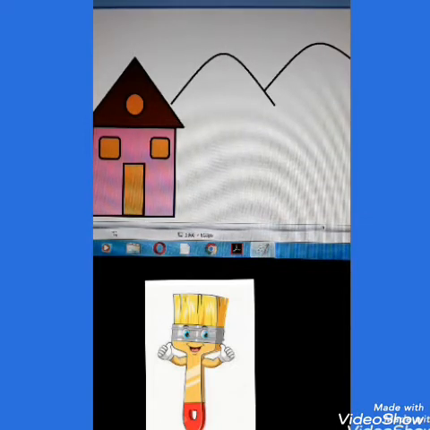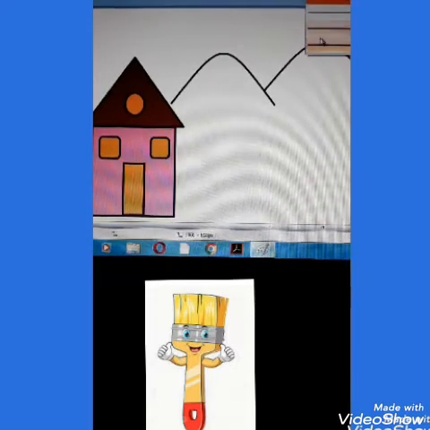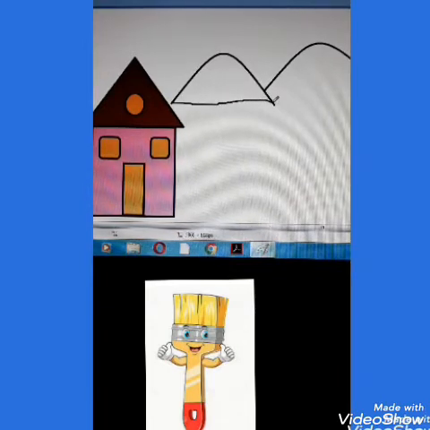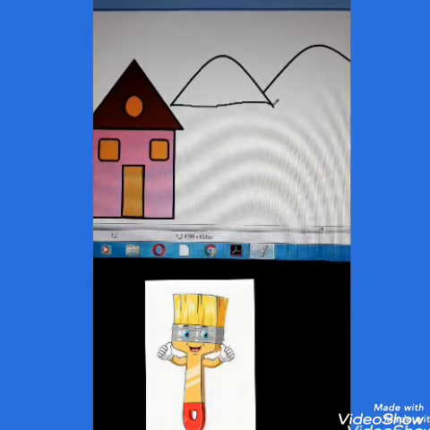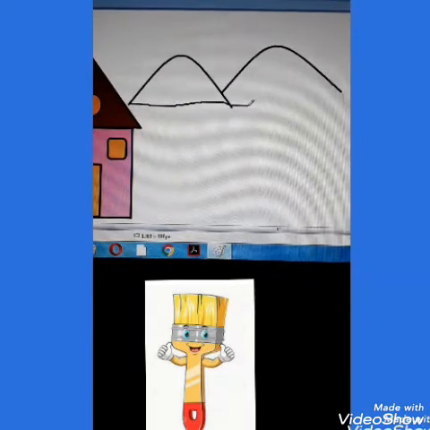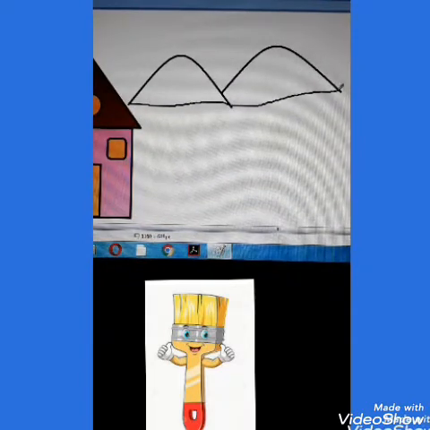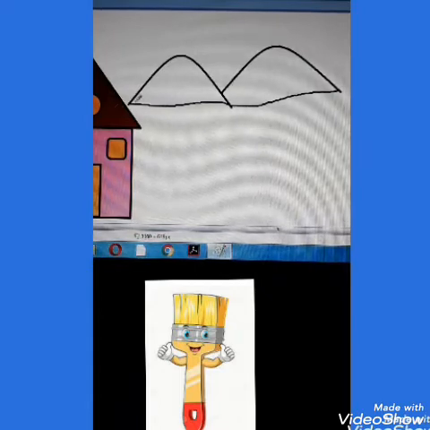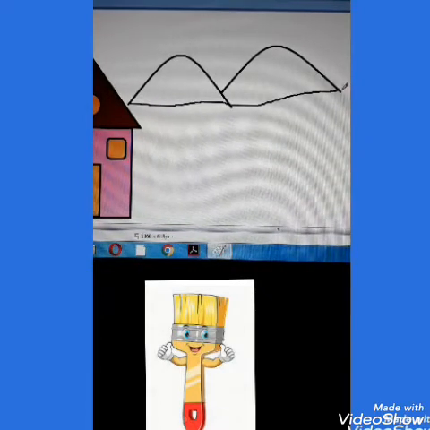For that you will have to take the pencil. If you want, you can make it thick, or else it's okay, no problem. Just randomly join, children. No need of making a straight line or anything. I'm just moving here. You have to join it here. Once you join both the ends, it is now a closed shape. Now you can color it.